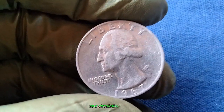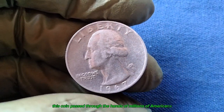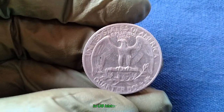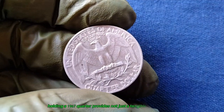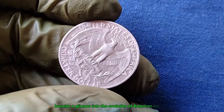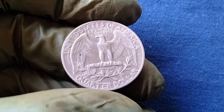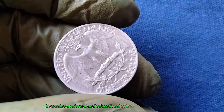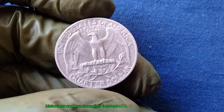As a circulating artifact, this coin passed through the hands of millions of Americans during a turbulent yet transformative period in U.S. history. Today, holding a 1967 quarter provides not just a tangible link to that era, but also a glimpse into the evolution of American coinage policies and practices. Although not rare, it remains a relevant and educational coin for beginning collectors, historians, and numismatists interested in 20th century